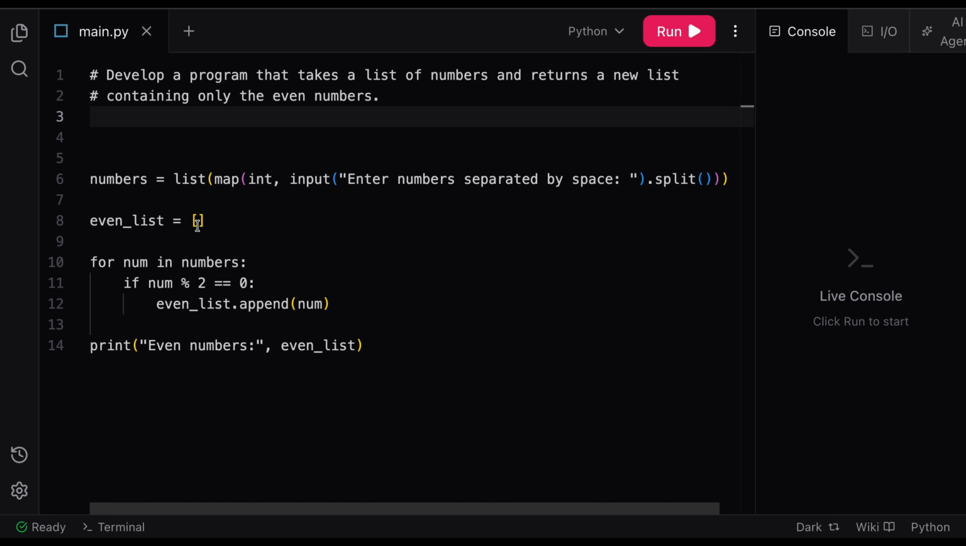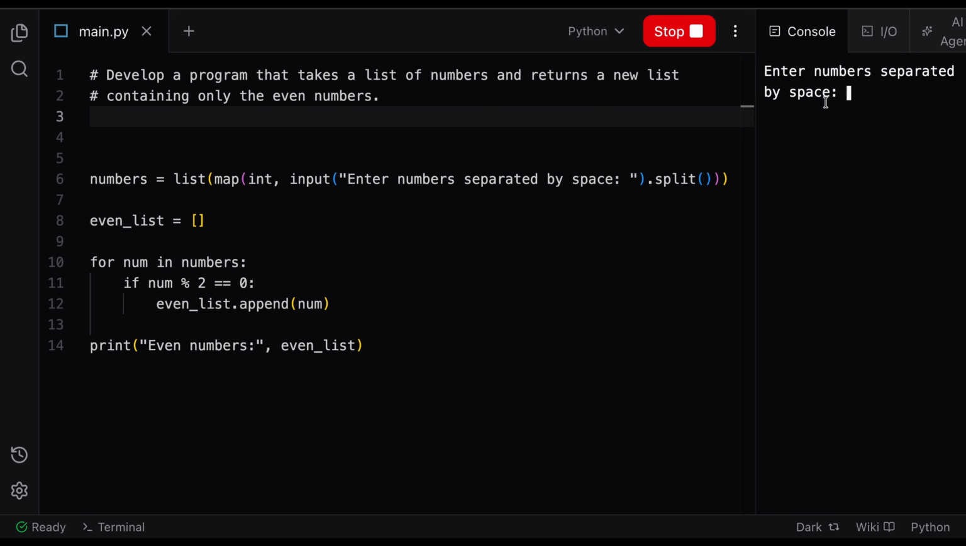So now let's execute this program. So run. Here enter the numbers separated by space. So we enter numbers here along with the space, which is 1 2 3 4 5 and 6. Now enter. Here we can clearly see that our numbers are in a single list